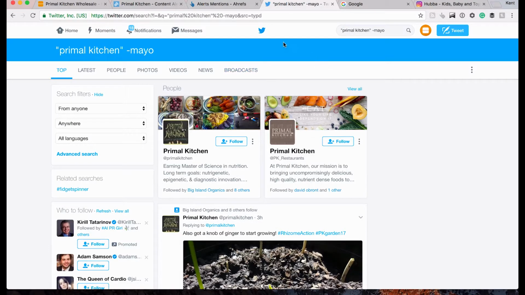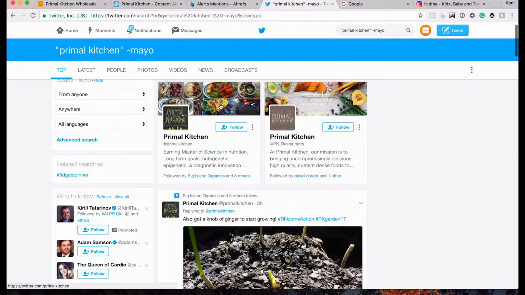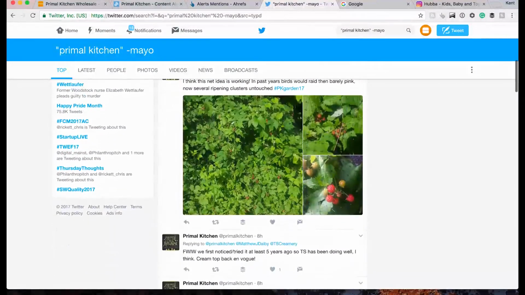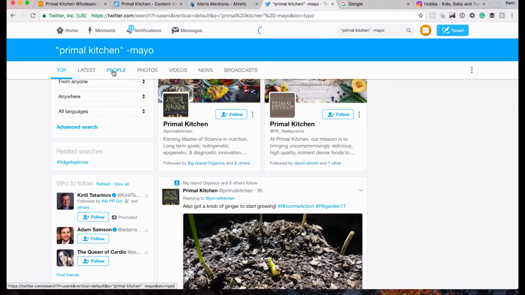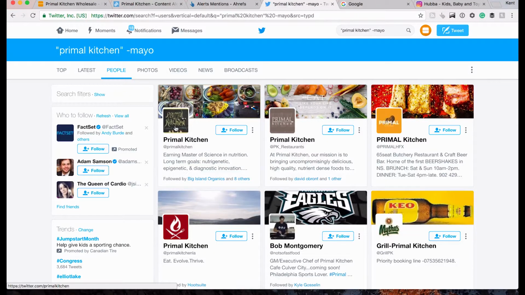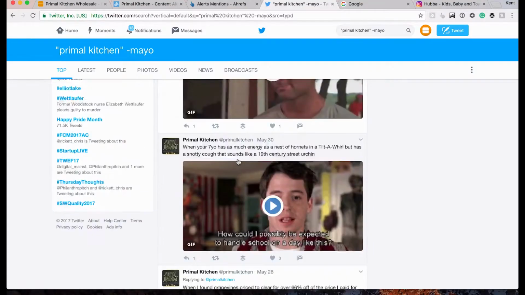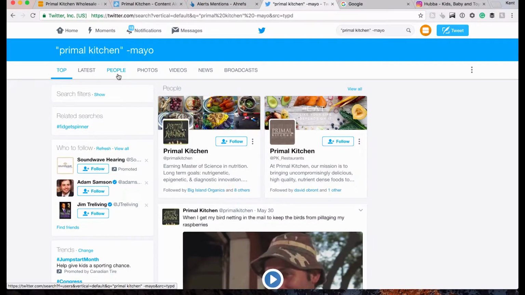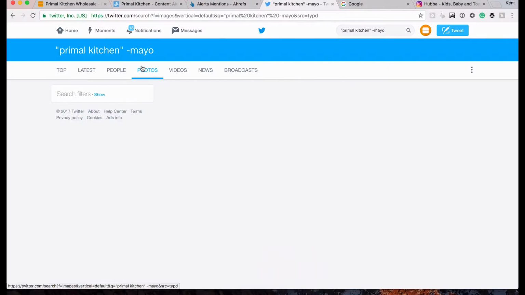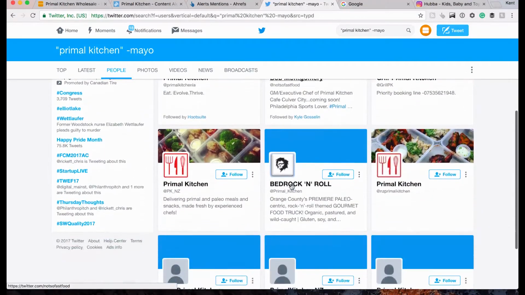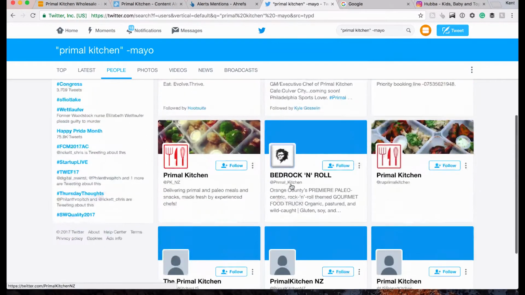So again, Twitter's search is going to give you just a list of all the tweets here and all the people who are tweeting about it. So this is actually what I use it for. Not only can you just keep track of your brand mentions and what people are saying, but you can also look at who is saying it and some photos as well. So you could go to people, for example, and just start following these people. Clearly, they're talking about you, whether it's good or bad.